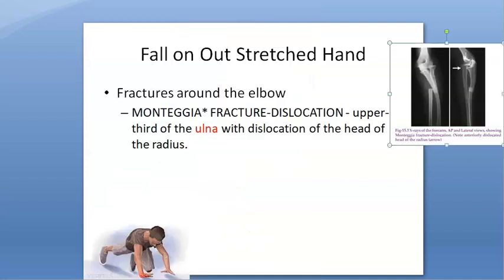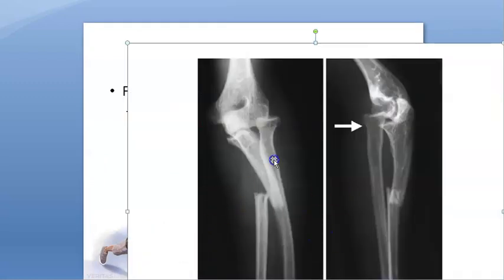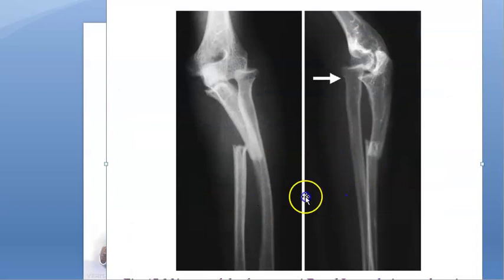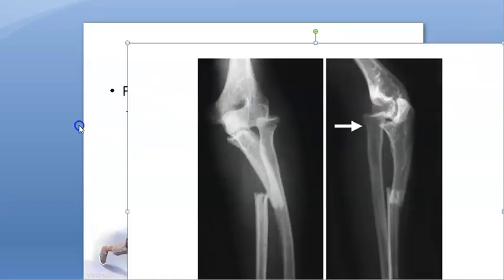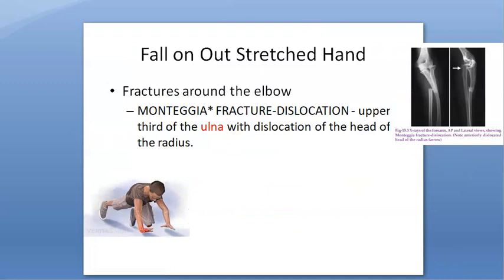First, let's look at Monteggia and understand it. See here, Monteggia, near the elbow there is fracture, and what is fractured here? It's the ulna that is fractured. Can you see? It's the ulna that is fractured. Dislocated head of radius. Head of radius is dislocated. Okay, but it is the ulna which is fractured. This is Monteggia. Okay, ulna is in red. See, ulna is the one that is fractured.